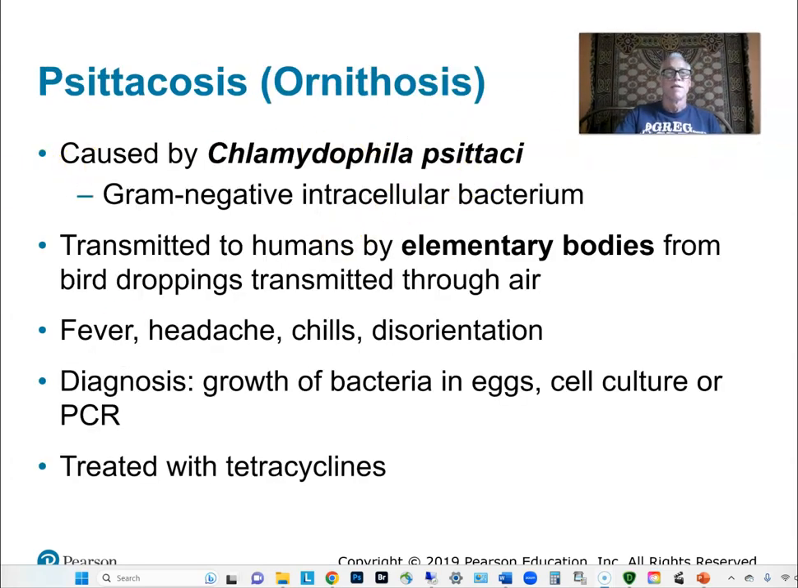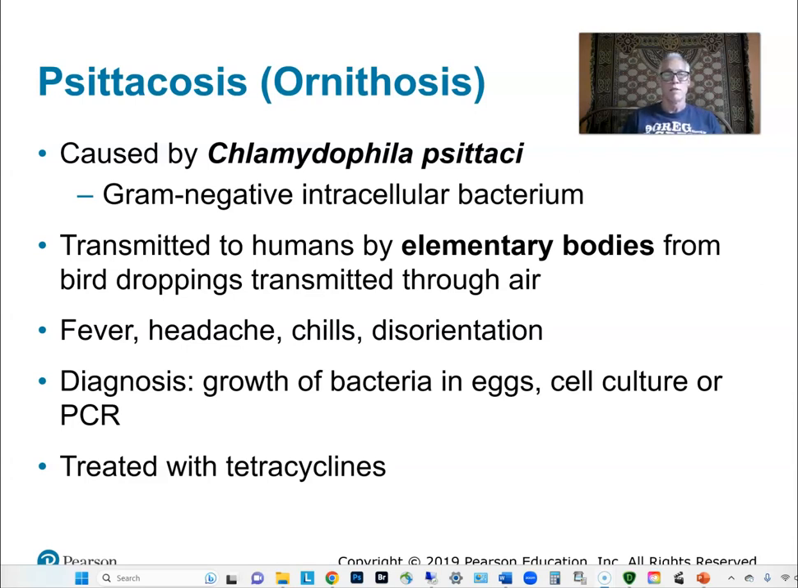Psittacosis. Chlamydophila psittaci is a bacteria, an obligate intracellular parasite bacteria that is associated with bird droppings. So in the city where there's a lot of pigeons and so forth, a lot of feces from birds, guano accumulating, that's when the elementary bodies, the infectious form, are going to be prevalent, and they're going to get into